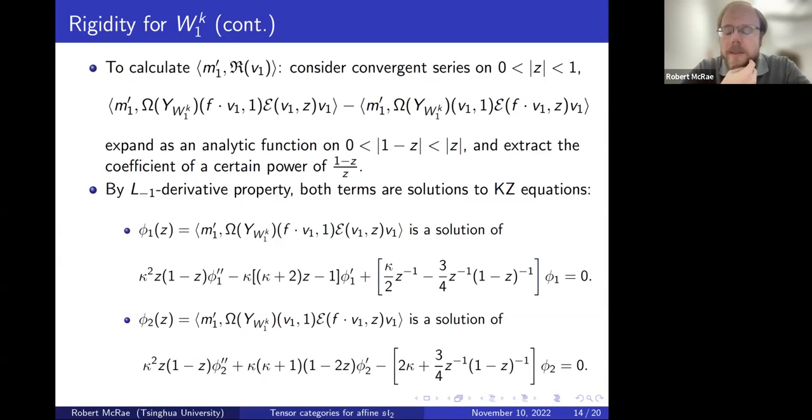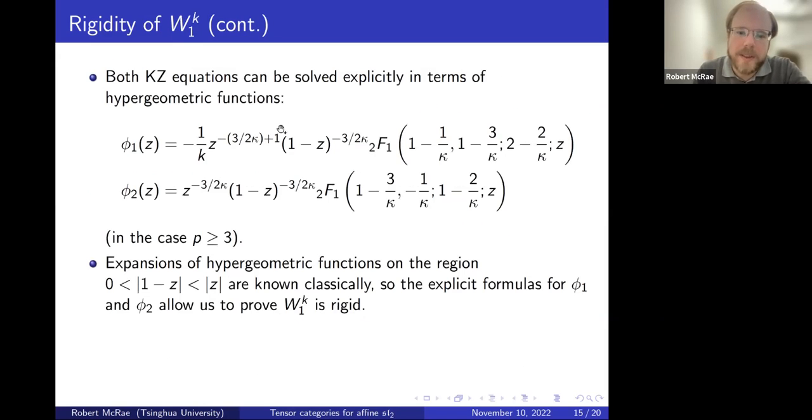contribution in the lowest weight space of WK0 because the lowest weight space of WK0 is a trivial SL2 module, but if you look at SL2 weights of V1 and V1, then they add up to 2. So you can't have any contribution in the lowest weight space. So that's why there's a +1, because the first contribution comes from one weight space up. Anyway, I just thought I would point that out. It's not that important once you actually get the solutions. I should say this is the case for P greater than 2. The solutions look a little bit different when P equals 2.